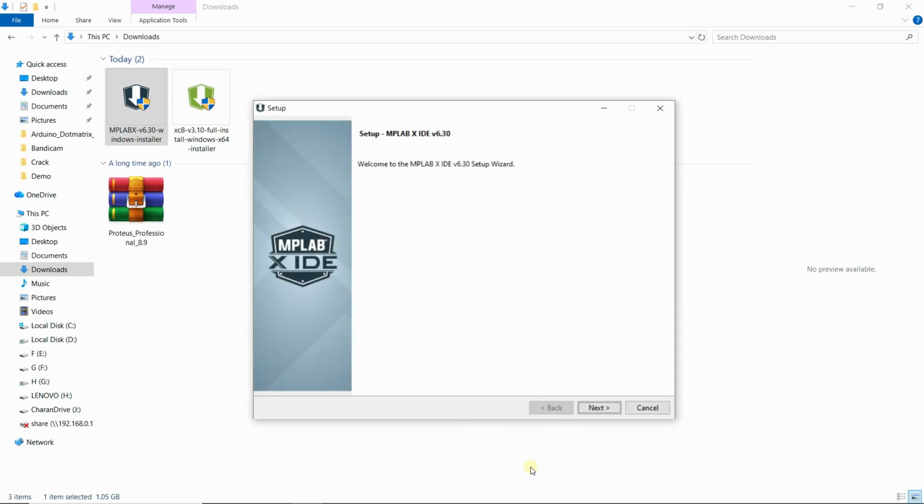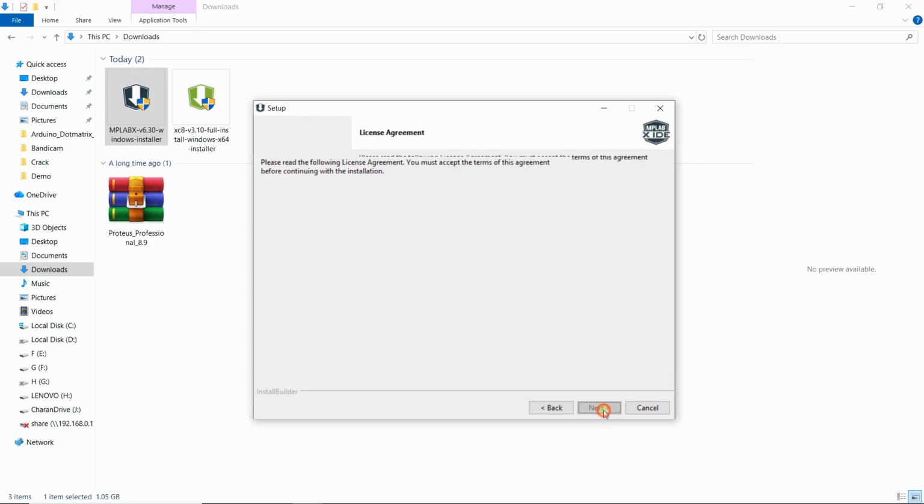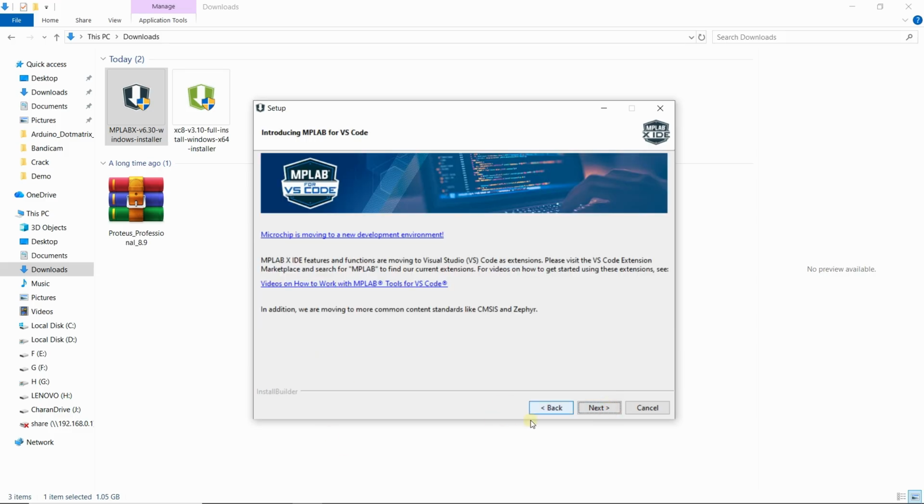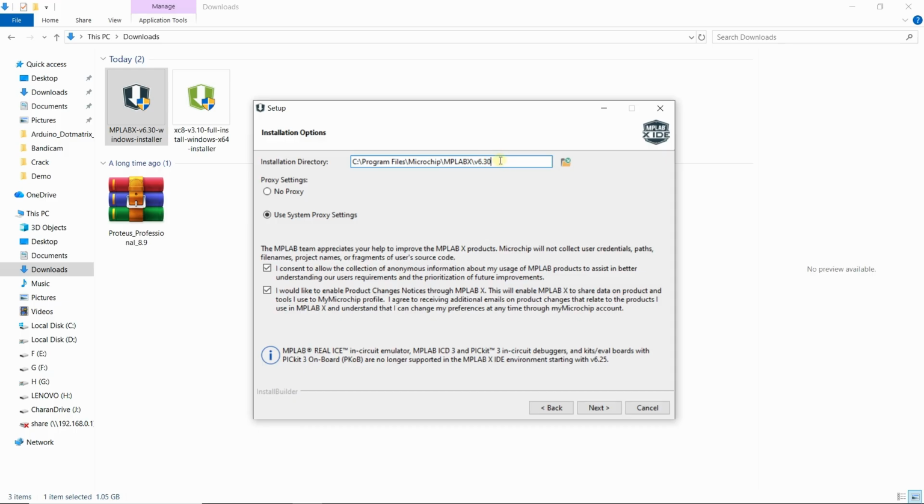In the first welcome tab, just click on the next button, and here in the second license agreement tab, check the radio button I accept the agreement and click on next right over here. Here also you can click on next, and here you can change the installation directory path, that is, the MPLAB X IDE installation files will be stored right over here in C program files, microchip, MPLAB X, and further inside the folder